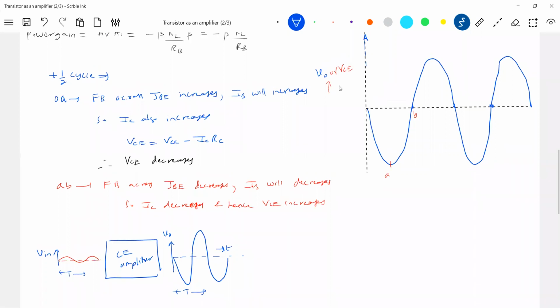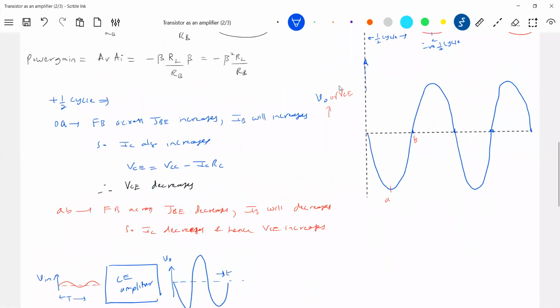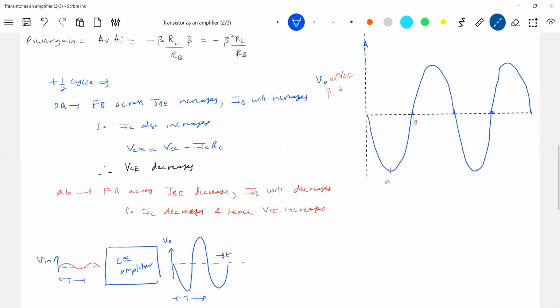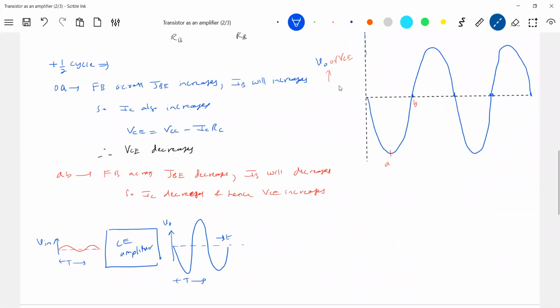If anybody asks about power gain or voltage gain, you have a formula. Let's do one thing and plot a graph. This particular signal has a frequency, F equal to 1 by T. What is this F? The frequency of the AC signal. What range of frequencies will come? It will be audio frequency, 20 Hz to 20 kilohertz. Now I'm going to vary the frequency and see how the amplifier response comes.